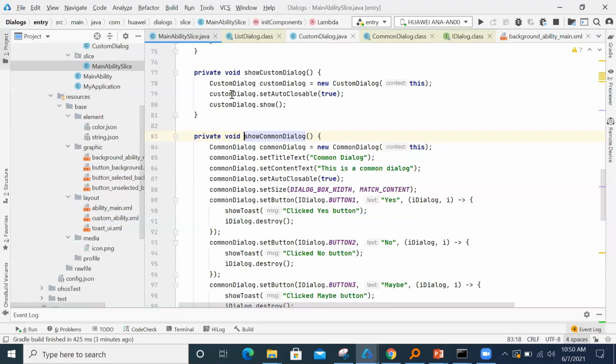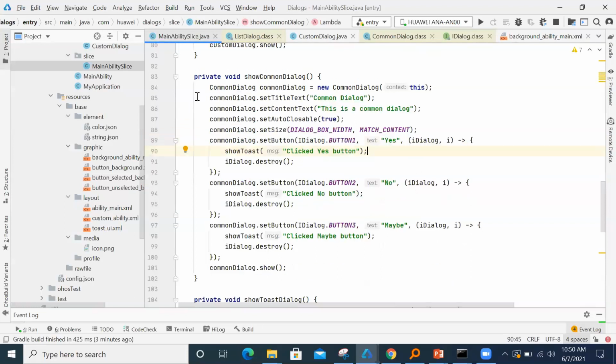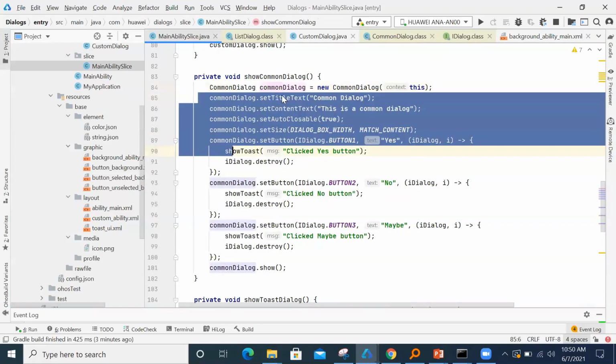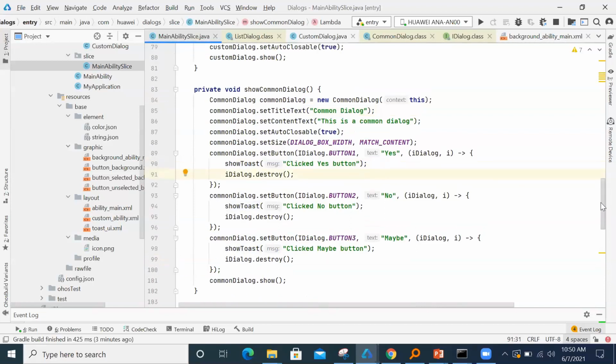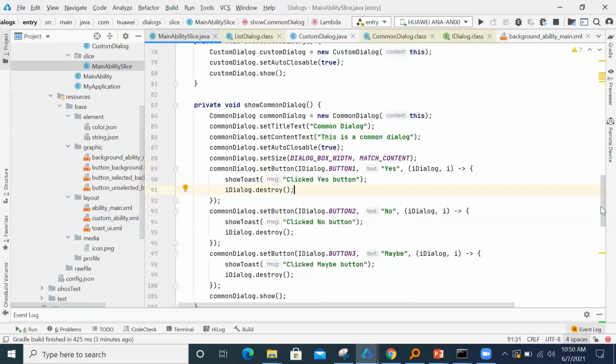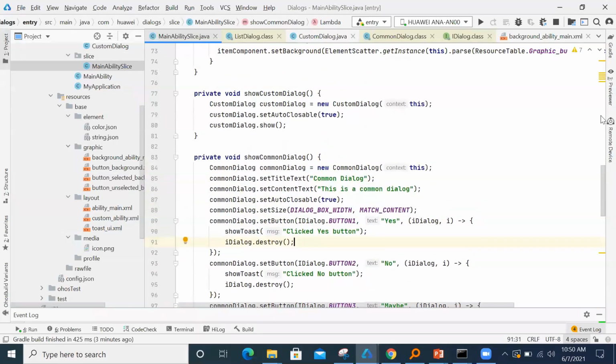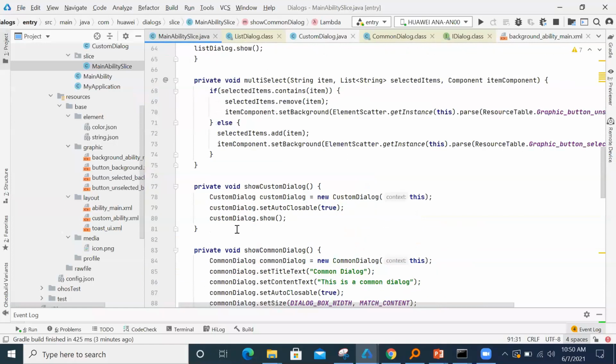So this is like how I explained. I'll just create an instance of common dialog and mention whatever customization we need, title and everything, and then call common dialog dot show. So this is the same as whatever I've explained in the PPT. In case you have any doubts here, you can ask. Next one is list dialog.